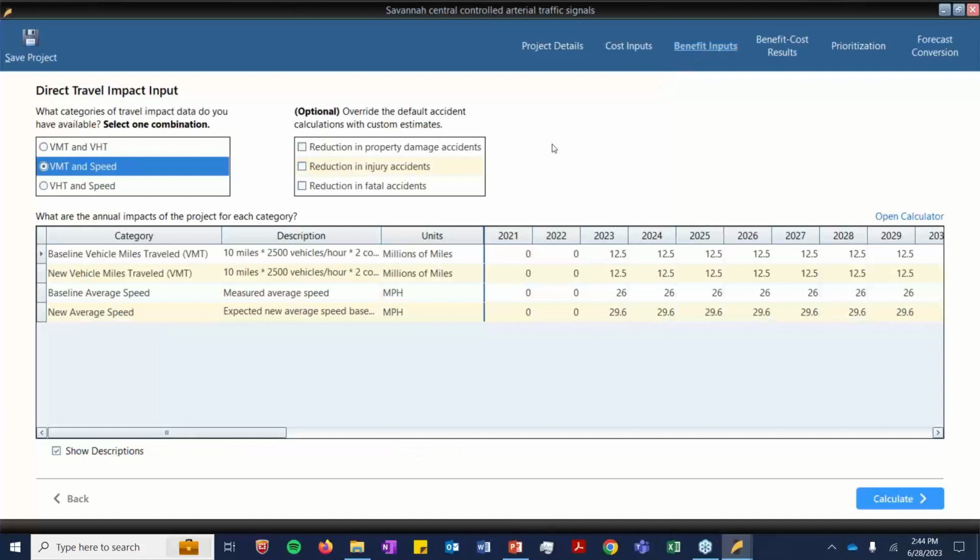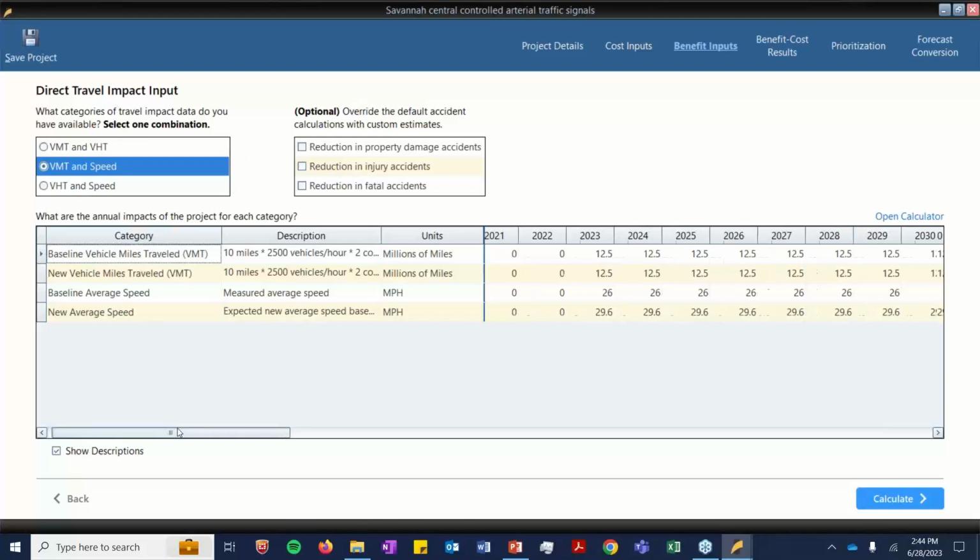We are then inputting the benefits, and this is the travel demand data that, if you're a traffic planner, a regional planner at an MPO or a DOT or what have you, this is what you'll be familiar with. These calculations are just entered in for reference. The calculations were done outside of the model and then entered in. So we can see, you can have different parameters for what type of inputs you have, and then all these different factors are in play here.